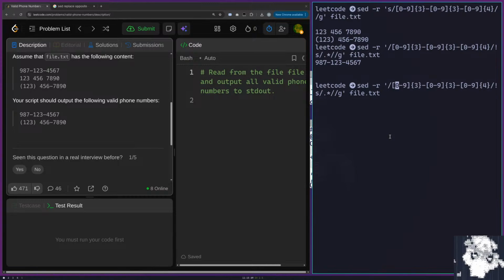I'm wondering if there's an easy way to do one or another. Do I have to put this whole thing? Or I guess it's just the first part that is either one way or another. So the other way, or, and then backslash parenthesis, because I do want to escape this, because this is actually part of the number. 0 to 9, 3, and then close parenthesis, and then space. Wow, okay.